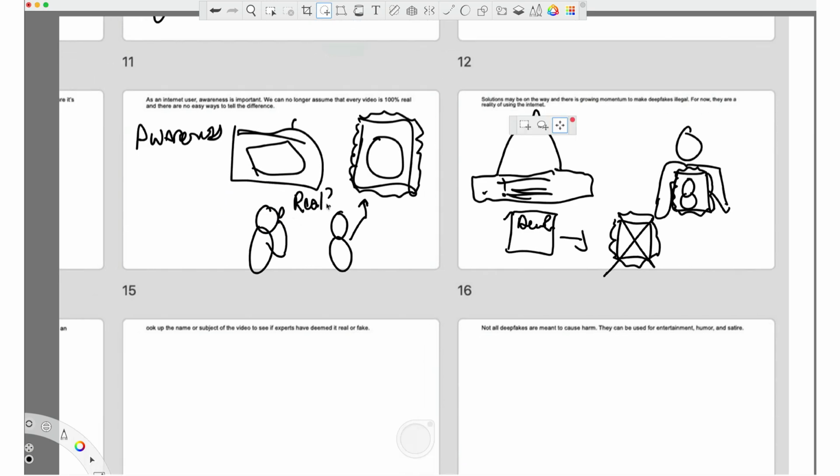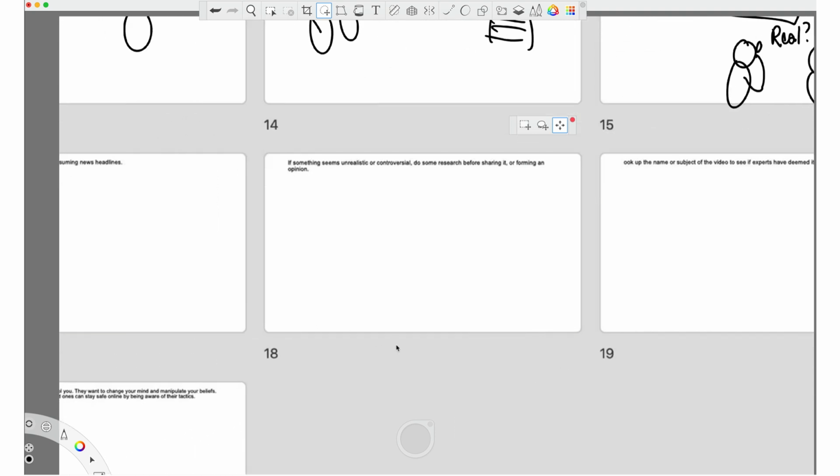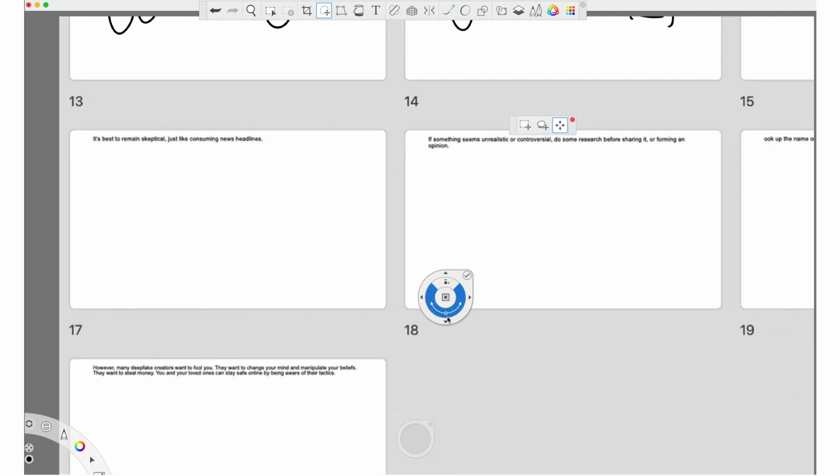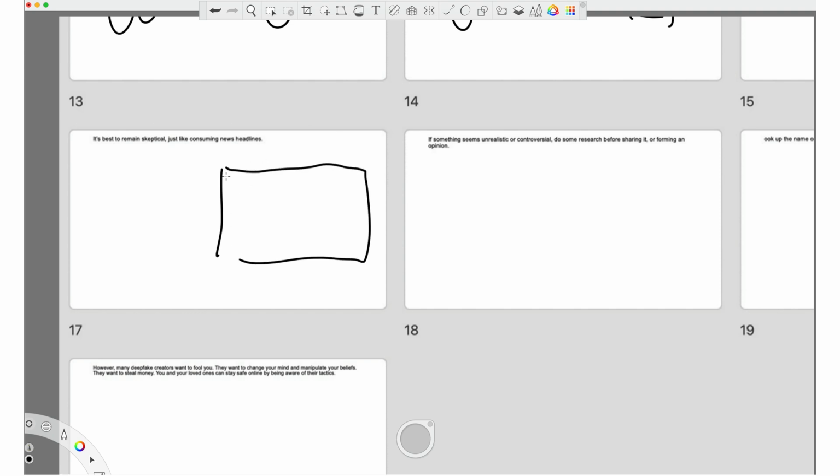So now let's move over. We're getting close to the end here. And then, again, this is a little bit of internet hygiene, I would say. The script here says, it's best to remain skeptical, just like consuming news headlines. So, I think that's an important point, is to think of again, maybe we'll do it in a browser, and then the reality of sort of fake news, again, maybe it's a person pointing and thinking, I don't know about that,